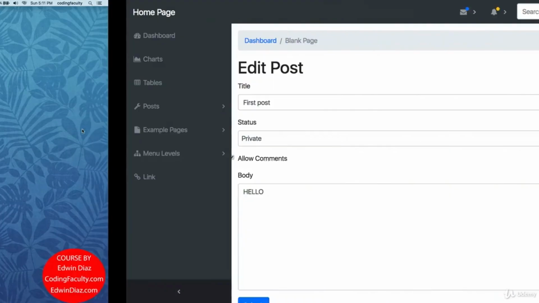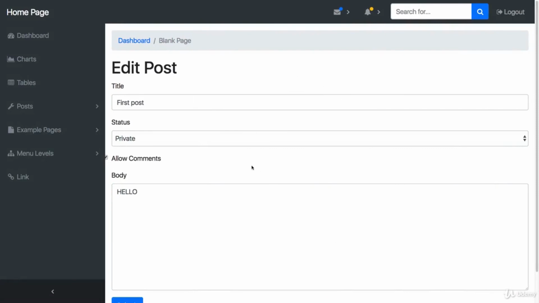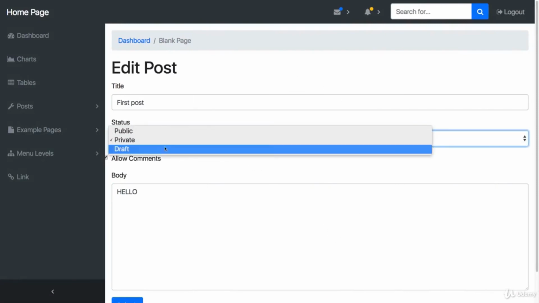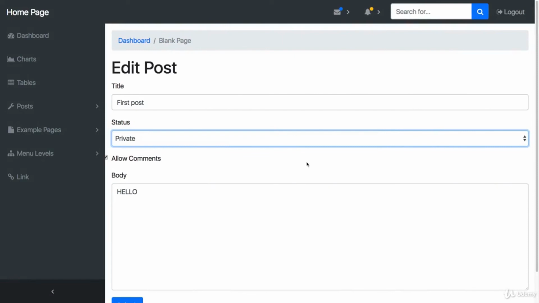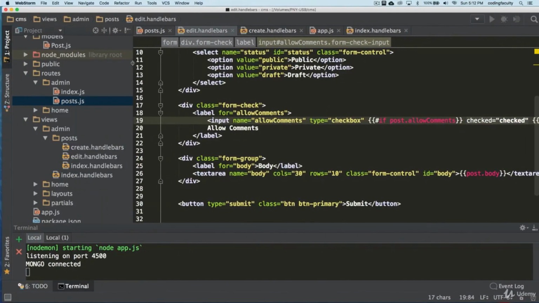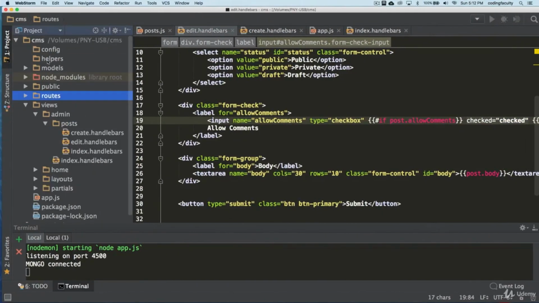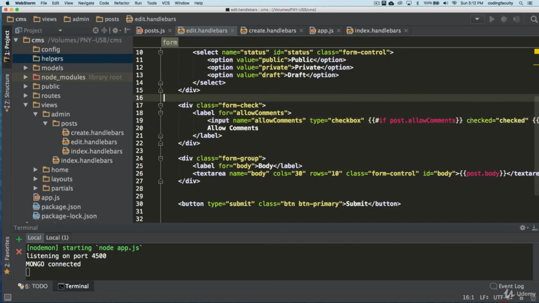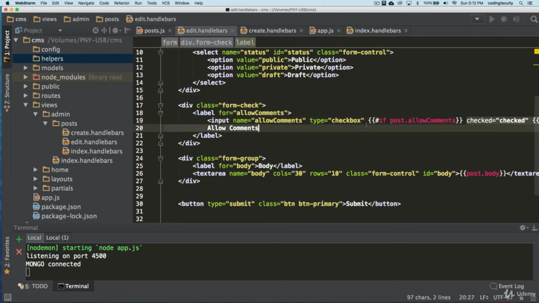So we are here where we need to start displaying the status, but there is no easy way of doing this. So this is just going to be a little tricky, especially to do it with a template engine. So we are going to have to create a helper function in a helpers directory here for handlebars. Handlebars allows us to have helper functions that we can output using these curly brackets.